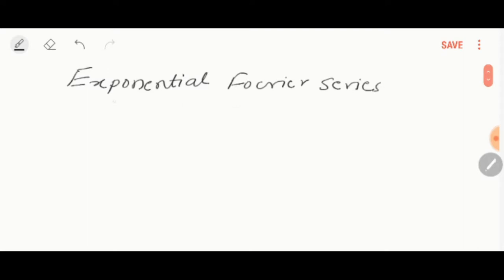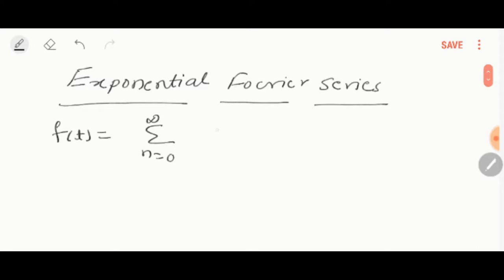So hello friends, today we will discuss the exponential Fourier series, and how this series is derived from the trigonometric Fourier series. So in the trigonometric Fourier series, we know that we used to calculate f(t), which was the summation of n from